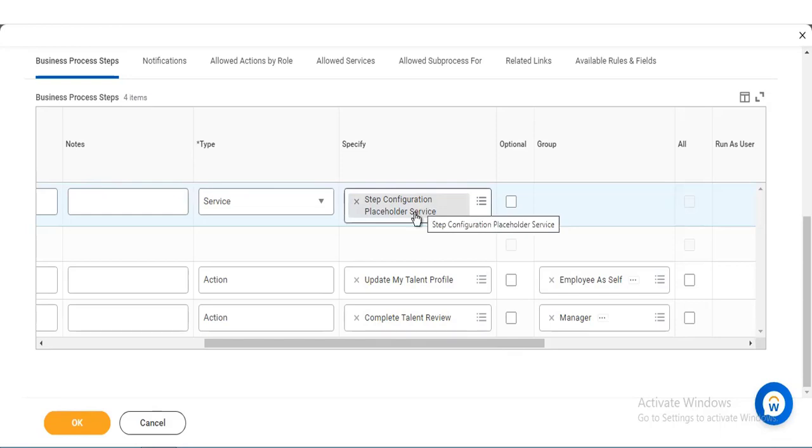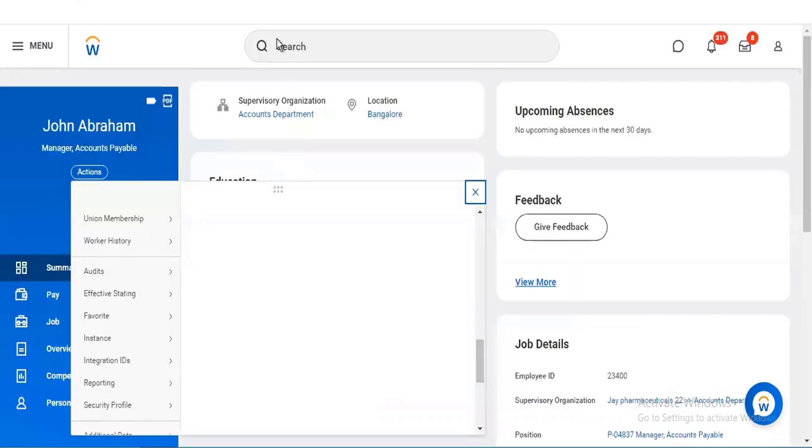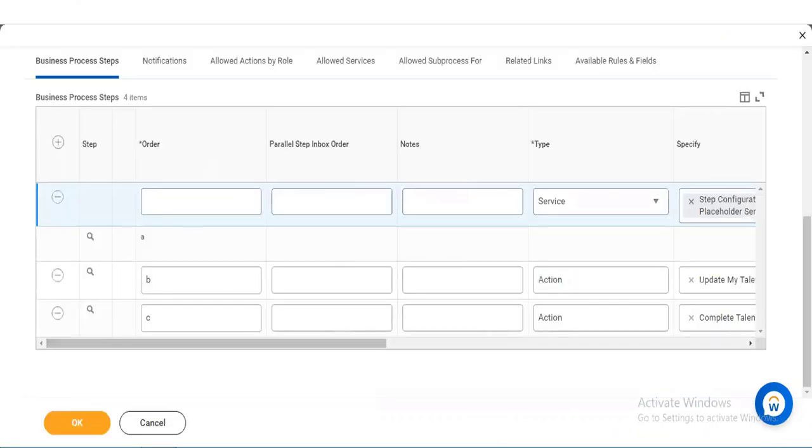But in this scenario, what is happening is the calculated field that I created sometimes gives me the right result, sometimes it does not give me the correct results. So mainly what we do is whenever we work on any specific condition rule that we create, we check the step condition. Like for an example, for this worker,